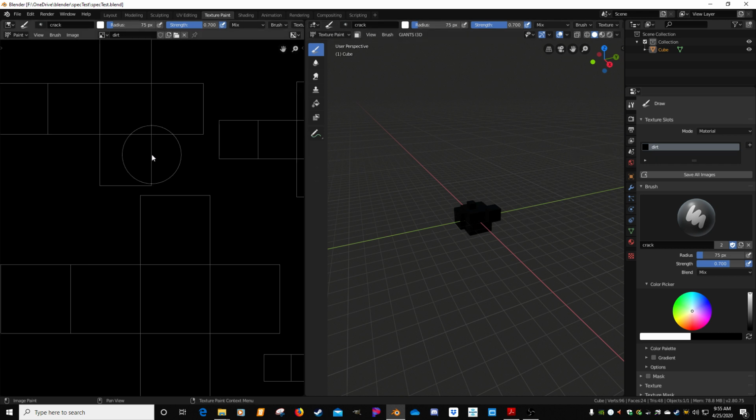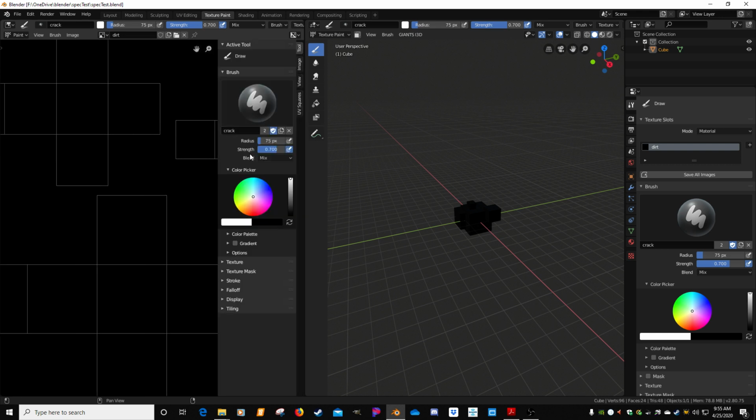I'm going to hit T to get rid of that, and if I hit N it's going to give me my brush details. I'm not an expert at texture paint, so work with me here, but I'm going to show you how I ran through it. What you have to make sure you do